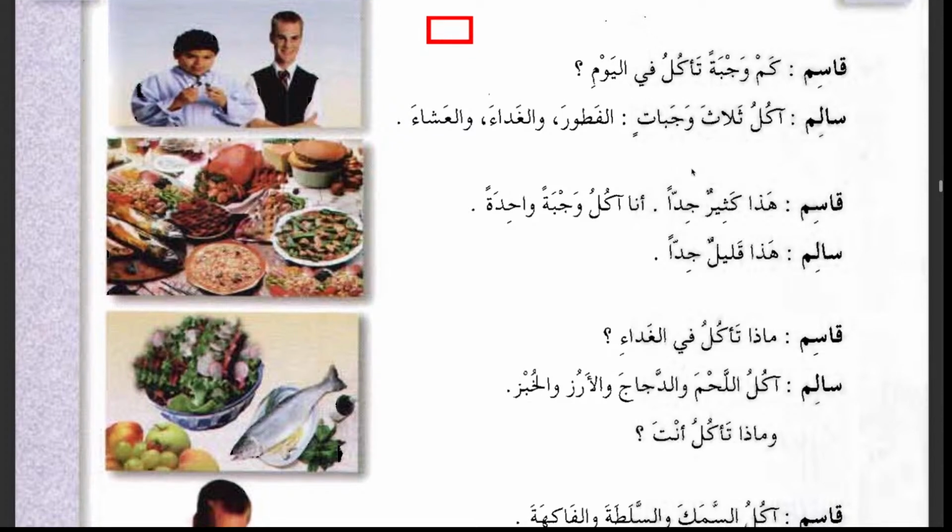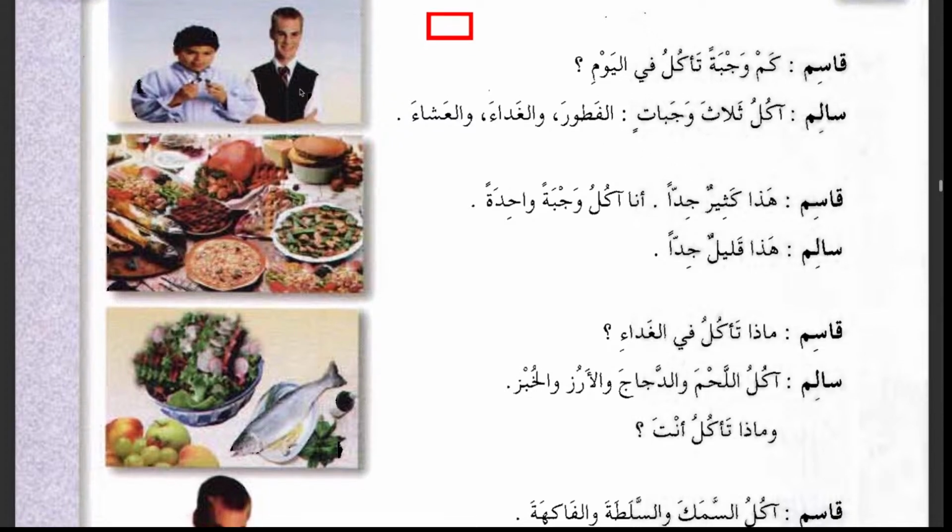Clear? Now, so we have Qasim and Salim. So this has to be Salim, this has to be Qasim here, right? هذا كثير جدا. This is a lot. جدا, very. Very much, right? This is very plenty. You know, جدا means very. كثير means a lot. Very good. جيد جدا. جيد, good. جدا,